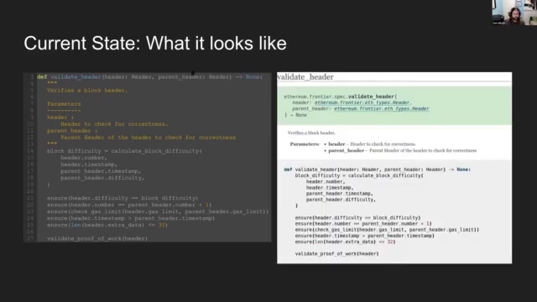So this is what it looks like right now. On my left here, we have the validate header function written in normal Python with the addition of typing annotations, which I'll talk about later. You'll note that we use normal Python docstrings, relatively normal Python, and it generates this output on the right-hand side.